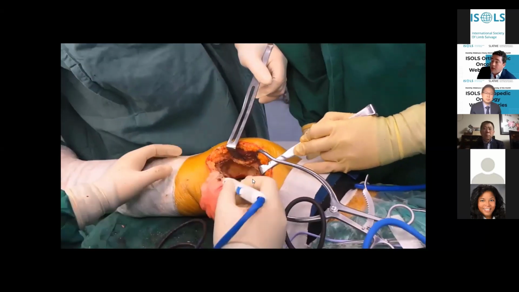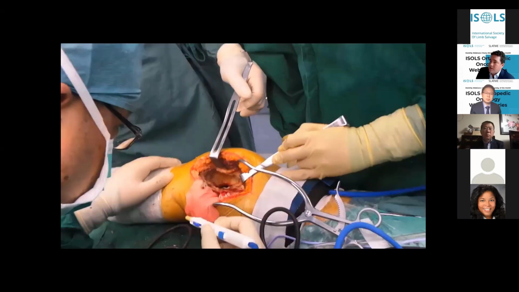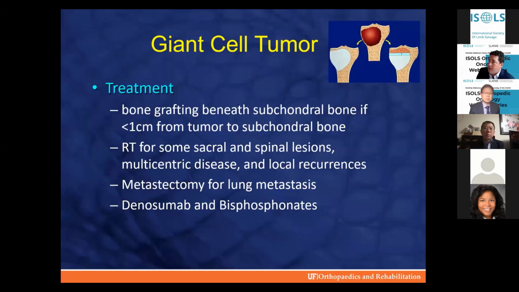And so the other thing we do also sometimes is we will actually use a little bit of bone graft in the subchondral region to improve the weight mechanics of the area and minimize risk for degenerative changes. Radiation therapy, which was discussed previously in one of Dr. Puri's slides, it's not standard, but sometimes needed, especially in tumors that we are unable to resect due to the morbidity.